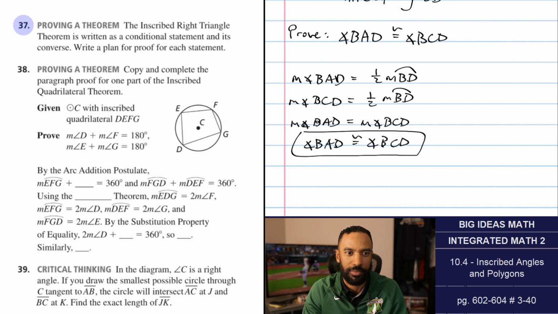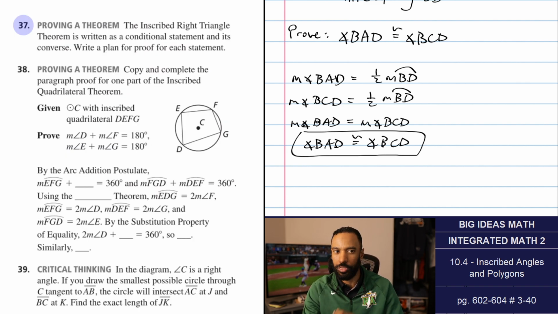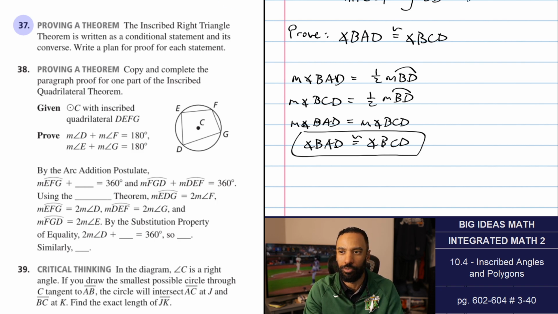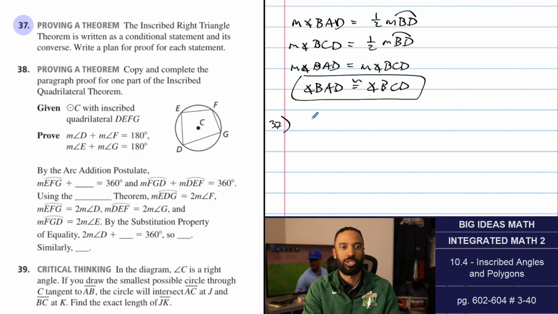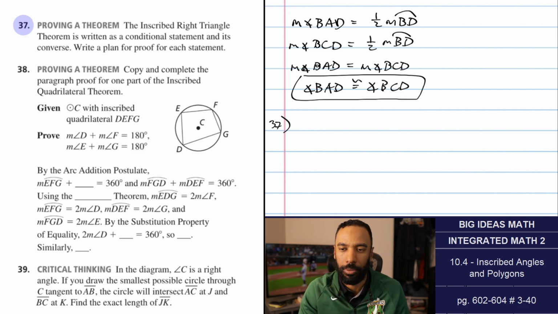Let's get number 37. The inscribed right triangle theorem is written as a conditional statement and its converse. Write a plan for proof for each statement. Oh boy. Conditional statement and its converse. So write a plan for proof. I just want to write what the statements are. So in number 37,